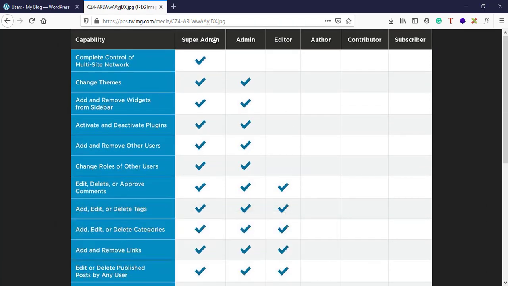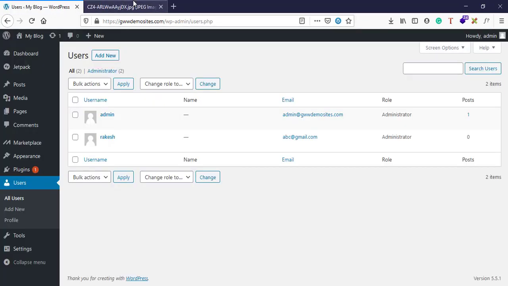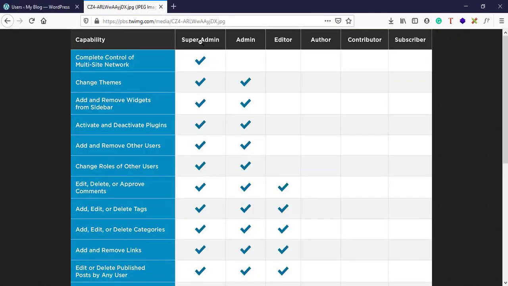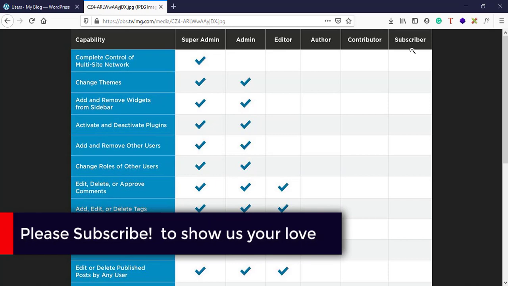And we didn't see a super admin in here. That is because super admin is only valid for multi-site WordPress networks. So you don't have to worry about what a multi-site network for WordPress is. We'll make another exclusive video for WordPress multi-site. For now, you can just focus on these